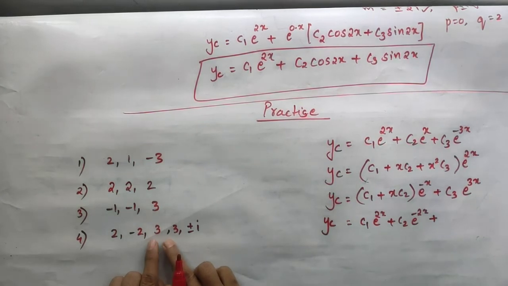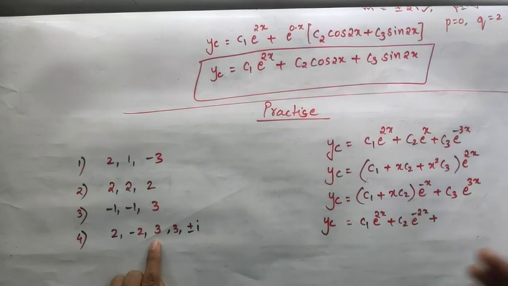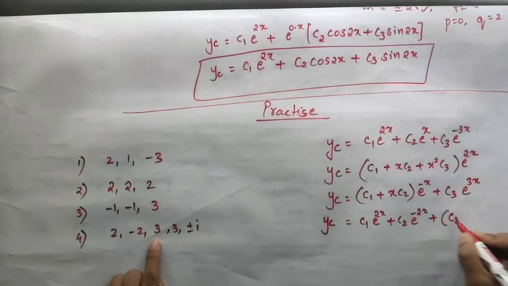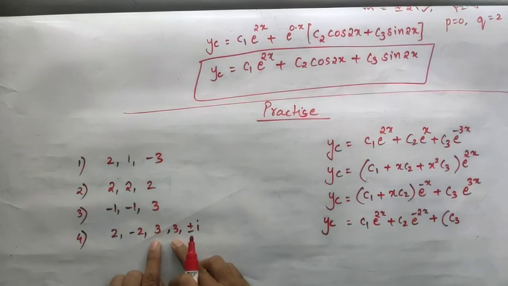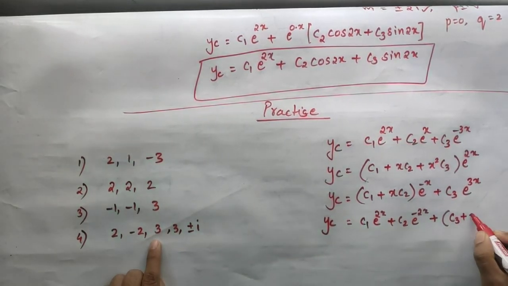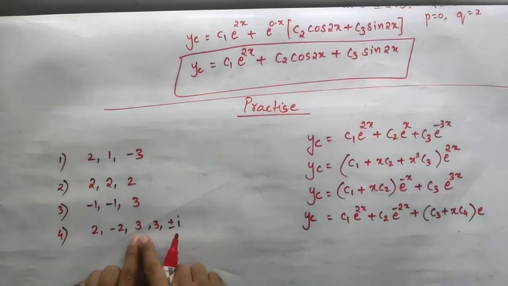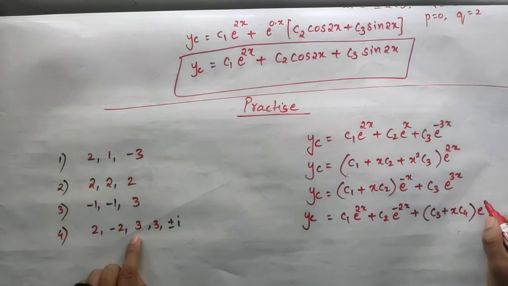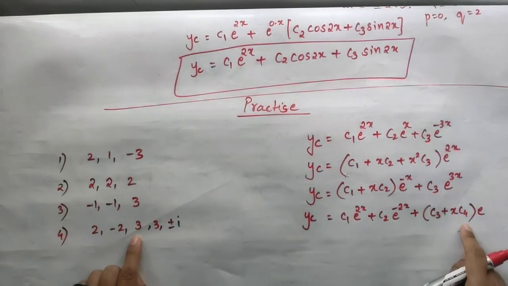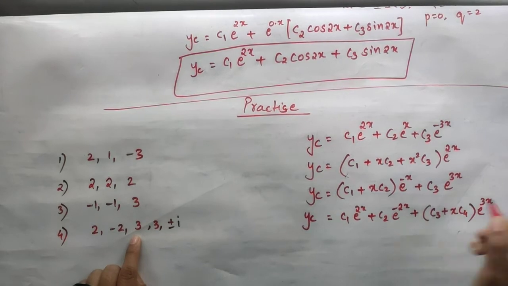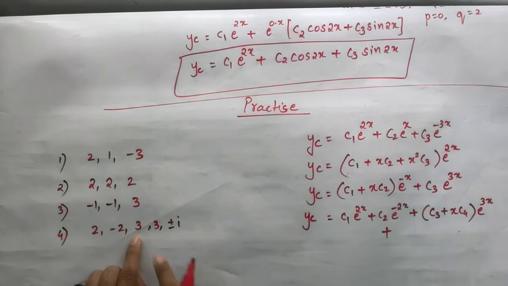Okay, so next pattern is what? It is real and equal. The two are real and equal. So we should write the solution for the two real and equal. So use another constant, say C3 and C4. I will write C3 because 3 is repeated twice. So x C4 into e to the power the one which is repeated. It is only repeated twice, so only two terms will come. Okay, into e to the power 3x because that value is 3 which is repeating twice. Okay, now plus. We are done up till here now.